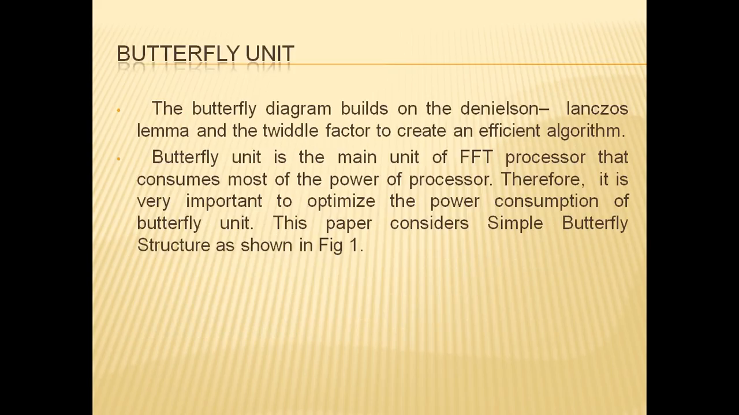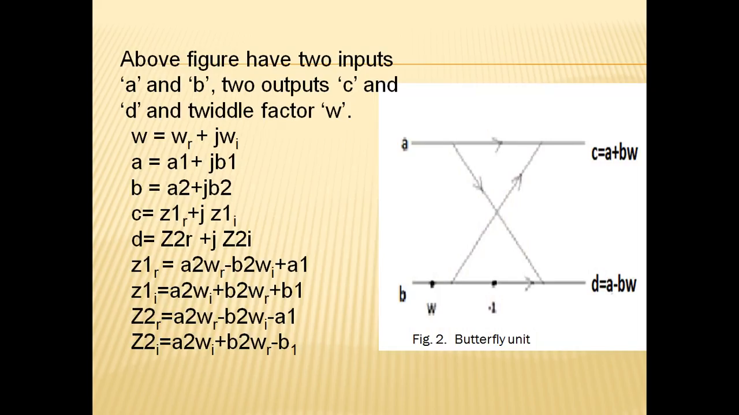As I have told you, the butterfly unit is the main processing unit of the FFT. It is the building block of the FFT, and it consumes most of the power of the FFT structure. So this paper considers a simple butterfly structure as shown in this figure. What we are doing is, W is the twiddle factor, B is an input, A is an input,